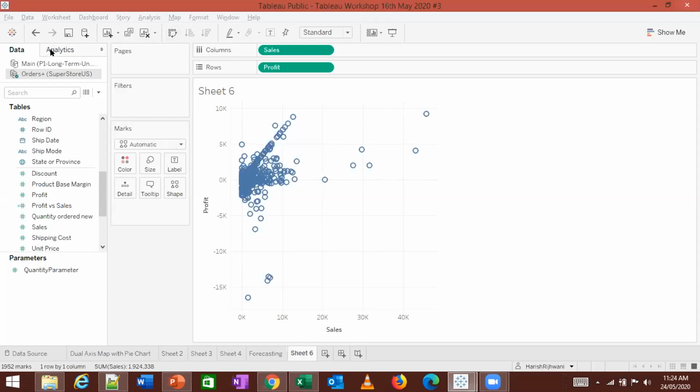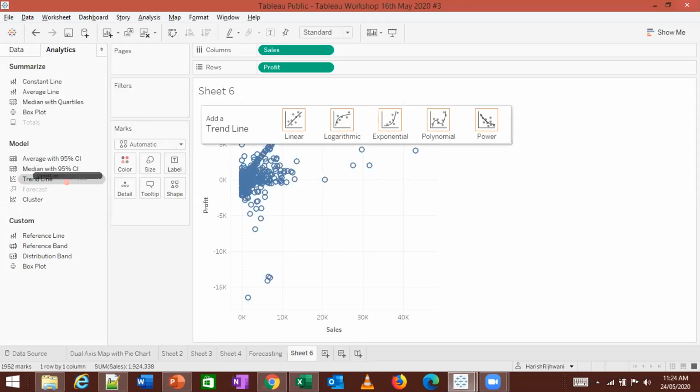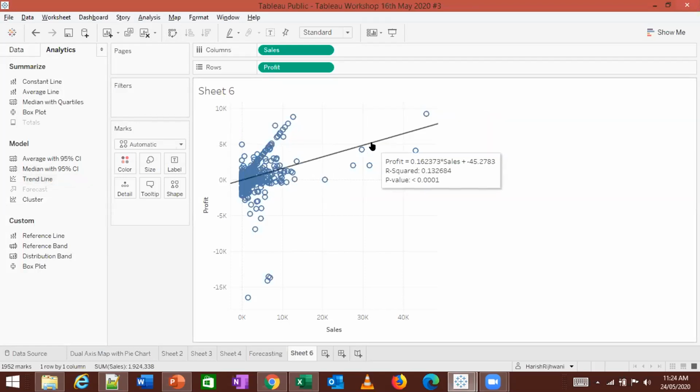So now when you go to analytics, you see this trend line. Click on that trend line, and you'll see multiple options: linear, logarithmic, exponential, polynomial, power. Drag it on any one of them and you will see a trend line coming up like this.